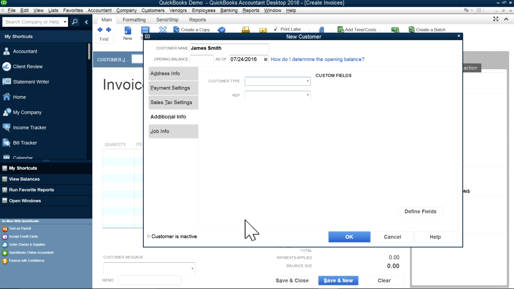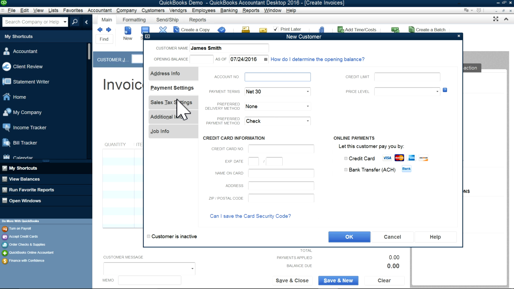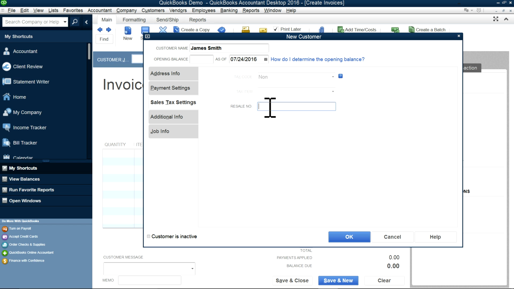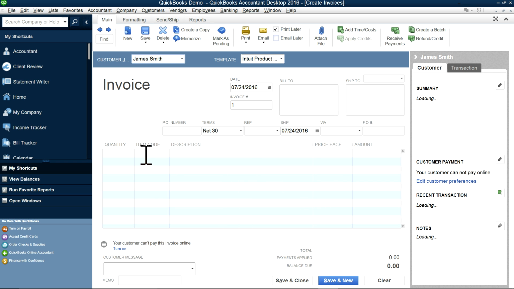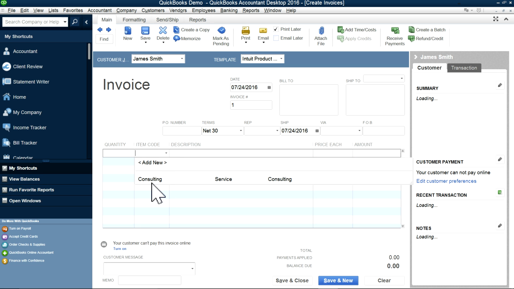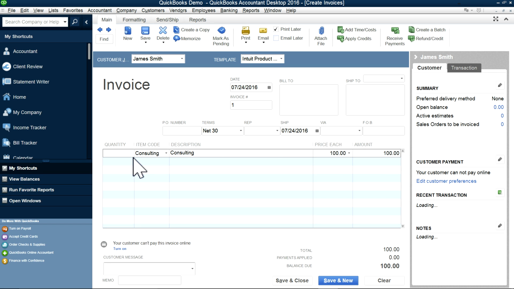So in this case, I'm just going to use these two. And for sales tax, some companies buy from you and then they resell it, and you don't charge sales tax. Okay, so I'm just going to say okay for this one. So now all we have to do is select consulting, right? And let's say you worked 10 hours for this. So basically, 10 times 100 is 1,000. So the moment you save and close,